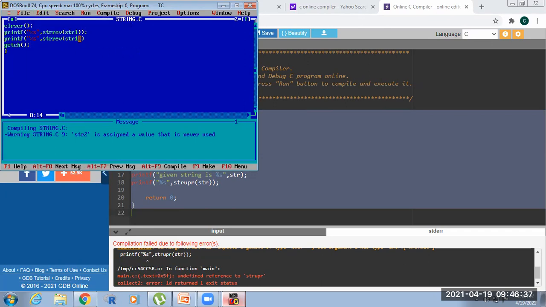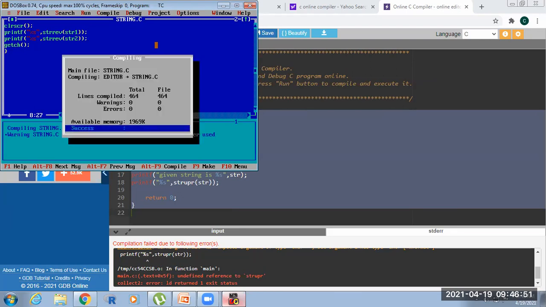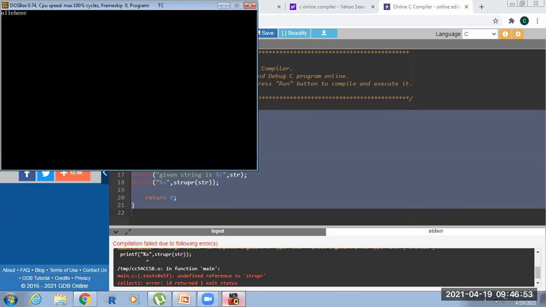I am just reversing the two strings here.